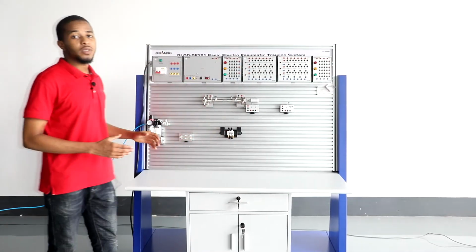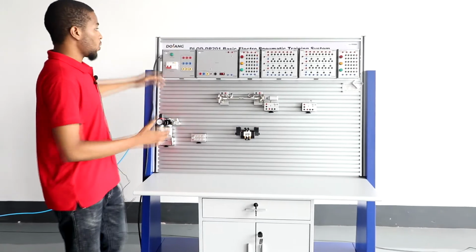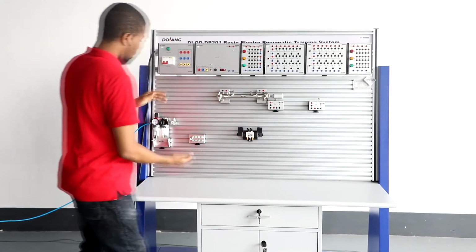I want to introduce you to our specially designed DLQD-DP201 basic electro pneumatic training system. This pneumatic training system consists of 3 parts, which are the electrical hanging buses, the pneumatic component, as well as